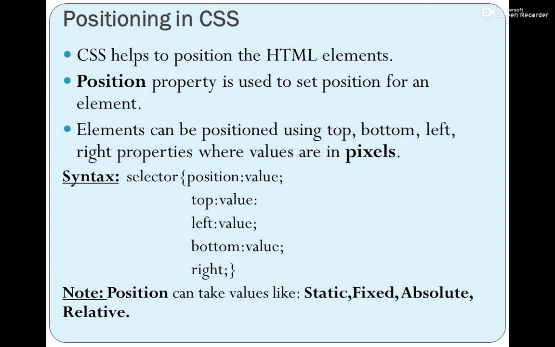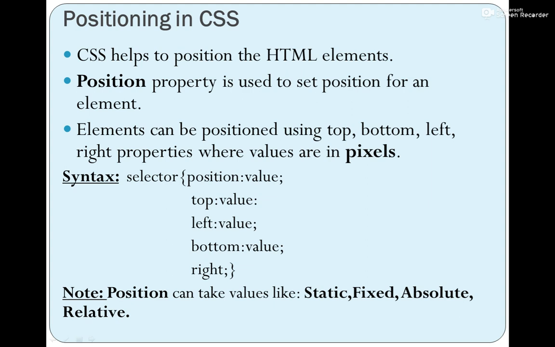Now here we can see different properties like position, then its value is assigned, then there is a semicolon. When do we use a semicolon? When there are multiple properties in the declaration part, we require a semicolon. So the syntax is: outside the brackets there is a selector. This selector is the HTML element for which you have to give the position. So it could be h1, p, h2, anything. So this is the syntax, and for all the properties you have to give different values.